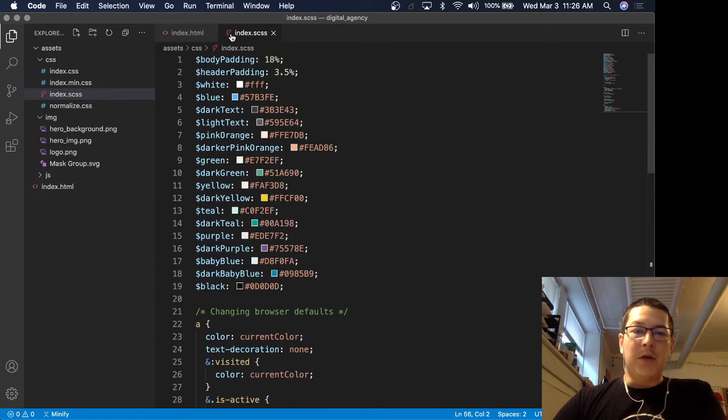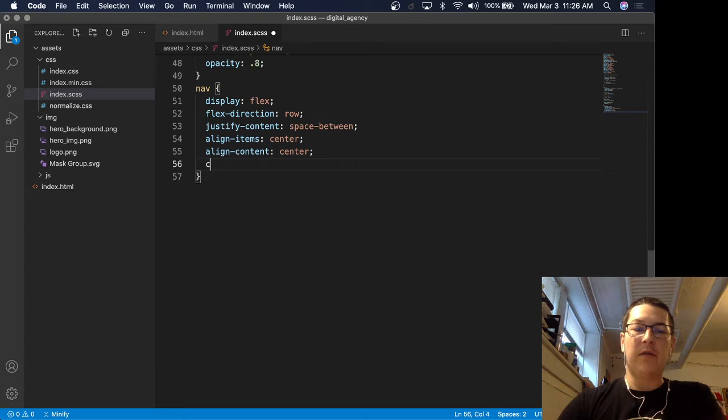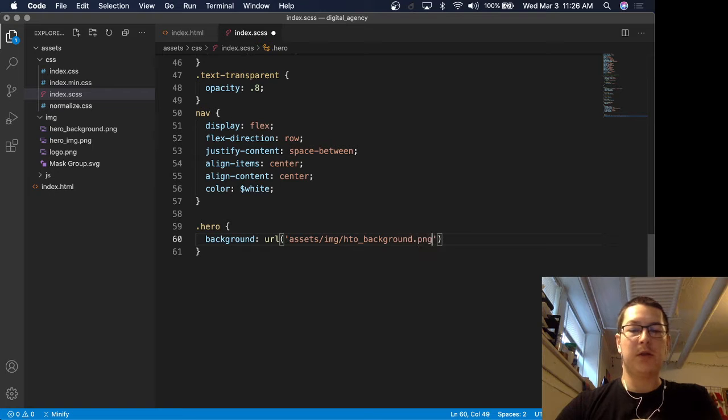Cool, so menu, that whole nav is going to have a color of white because we are going to give the hero a background of that background SVG or PNG now. We're going to say background URL assets/image/hero background.png. Say no repeat center,